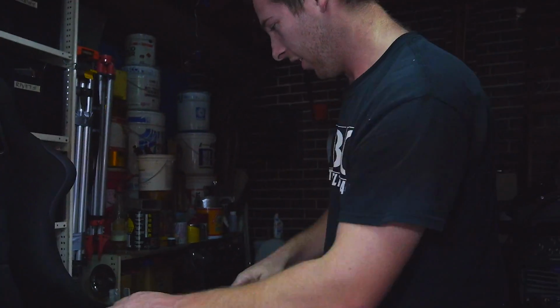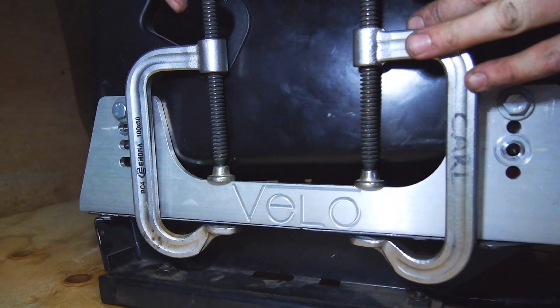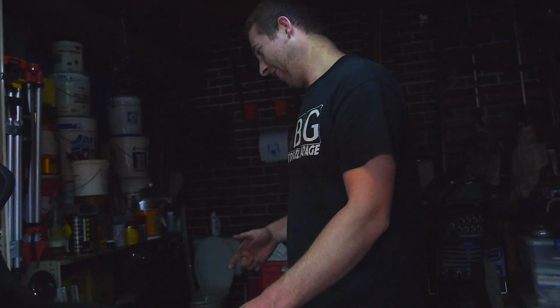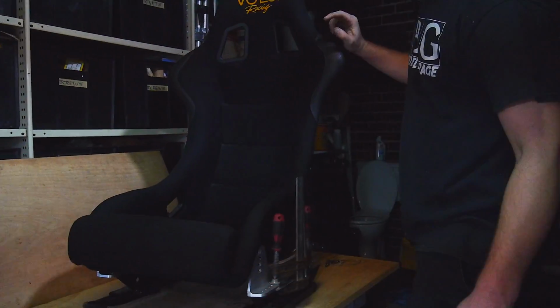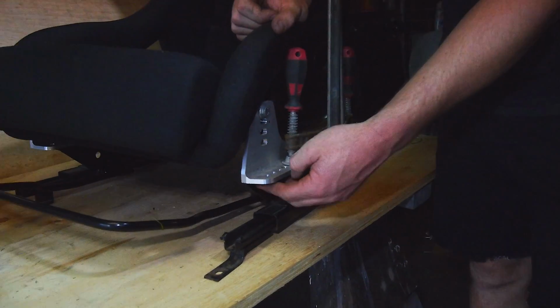Alright, chair's out of the car. We've got the rail mounted to the rail, which is mounted to the chair. Same on the other side. So pretty much select a hole that's got the most meat on it,